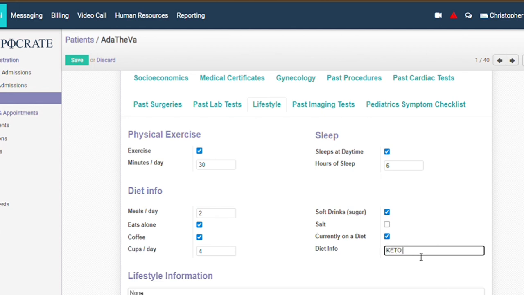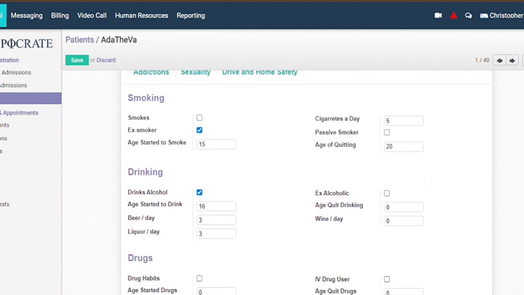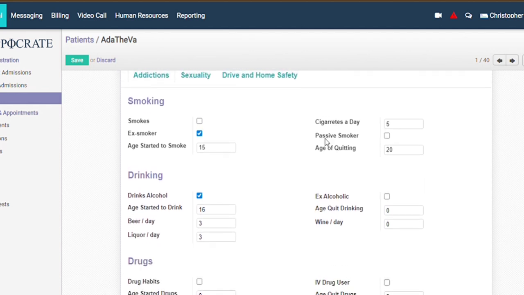So we go over to lifestyle information. We're gonna change that to she smokes. Okay, she says she smokes. She does. And we're gonna put she started at the age of 17, and she takes 3 cigarettes a day. And also I think she quit 25 years ago. And